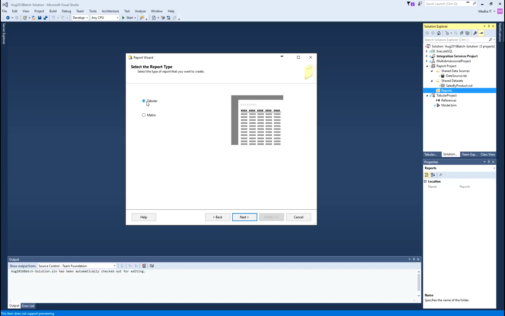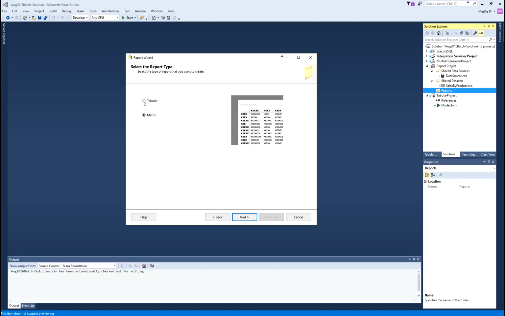So, when we say tabular, the report content will be shown in tabular model, okay, not the Analysis Services tabular model. It's just a table format with row groups. When we say matrix, the report is shown as row groups, column groups, and the body.